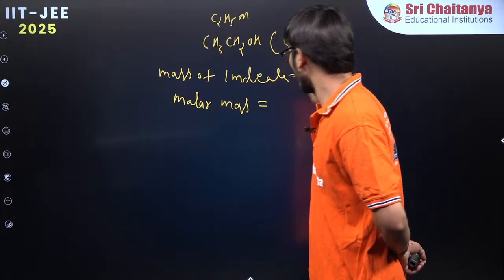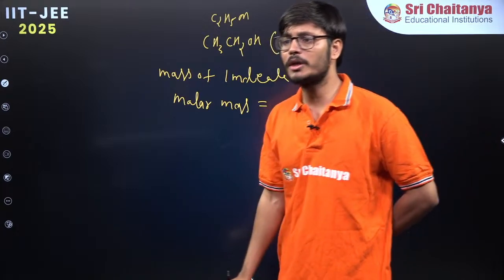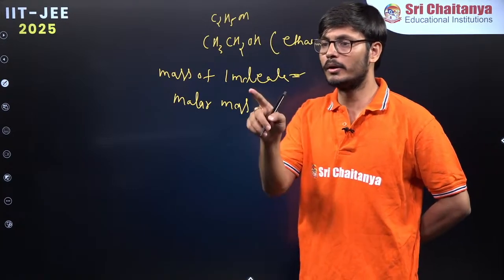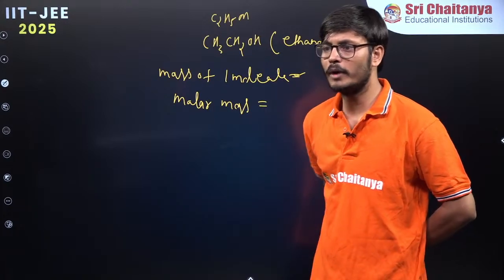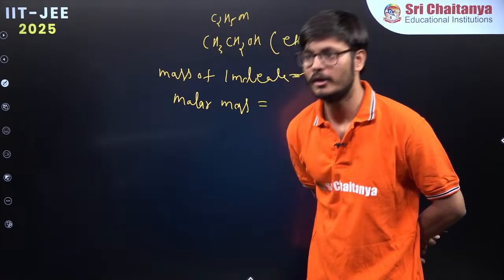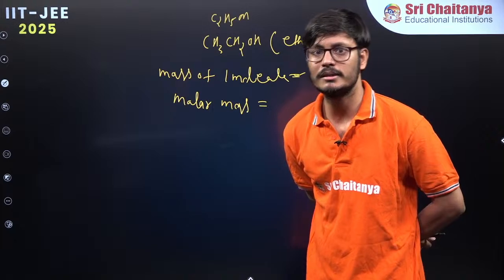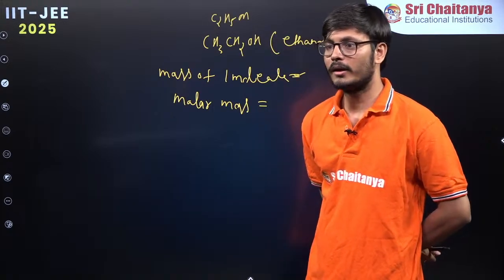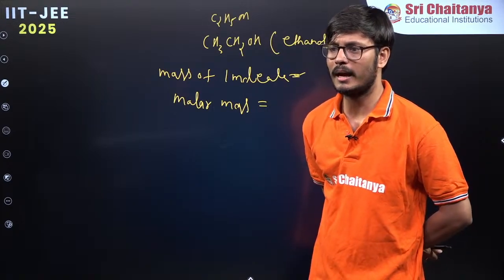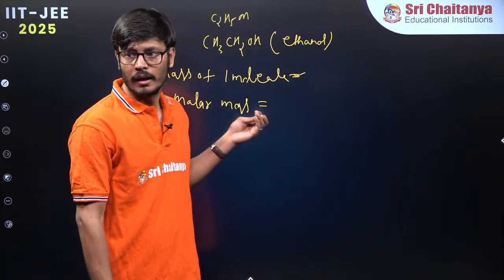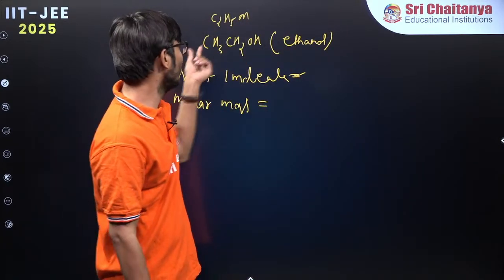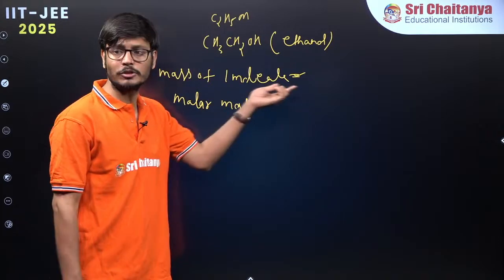The mass of one molecule is how much? Very good, Srikar, right? Very good, beta ji. 46 AMU and 46 gram. Very good. So this ethanol, if you find the mass of one molecule,